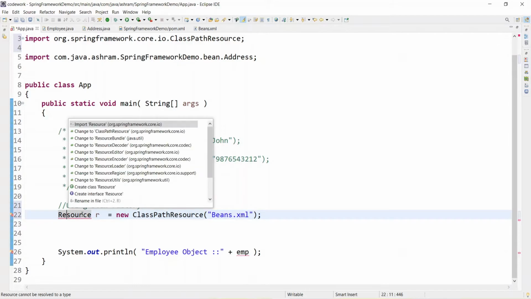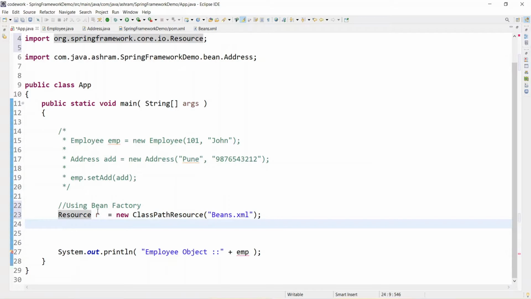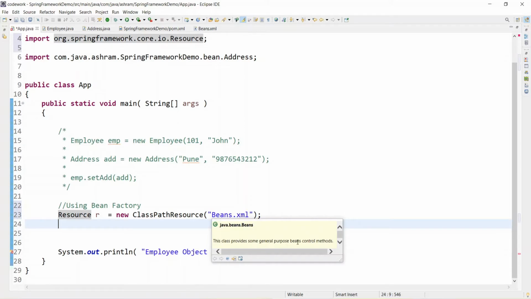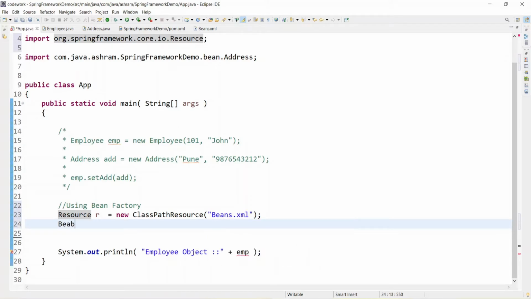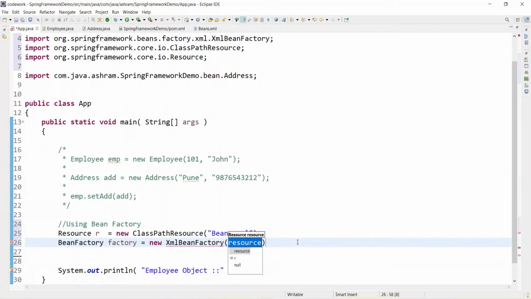Ctrl+1 and Ctrl+I. Thereafter you got the resource where your resource is located. Now you need to get the factory. How will you do this? BeanFactory factory is equal to new XmlBeanFactory, and you need to pass the resource. The resource name was r, so let's pass r.